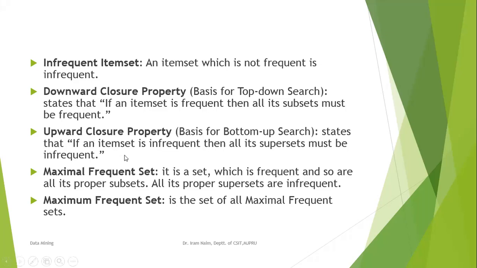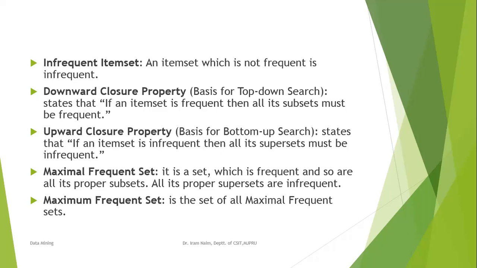And there is one more property, that is the upward closure property. If an item set is infrequent, all its supersets must be infrequent. ठीक है, just इसका अपोजिट है. अगर कोई आइटम सेट आपका इनफ्रीक्वेंट फाइंड आउट हो गया, जैसे सपोज एबीसी हमारा इनफ्रीक्वेंट है, तो उसमें आप कोई भी आइटम ऐड करेंगे. If you are adding a D item, A, B, C, D, 4 items that you are generating, then it is also found to be infrequent because ABC is infrequent. So if you are combining any other item, then it is also an infrequent item set. So all the supersets of an infrequent set are infrequent.